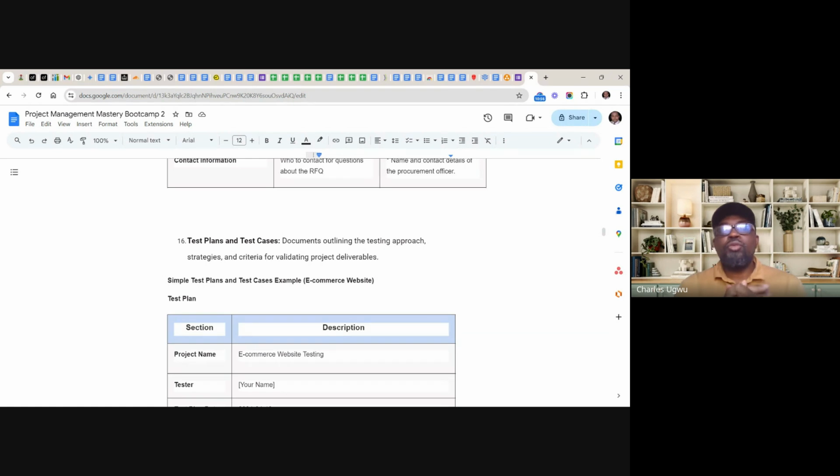Then we have what we call test plan and test cases. These are documents outlining the testing approach, strategies, and criteria for validating project deliverables. So testing is conducted not only in software development, although it's very popular there. People don't talk about testing, but I've seen so many tests carried out in